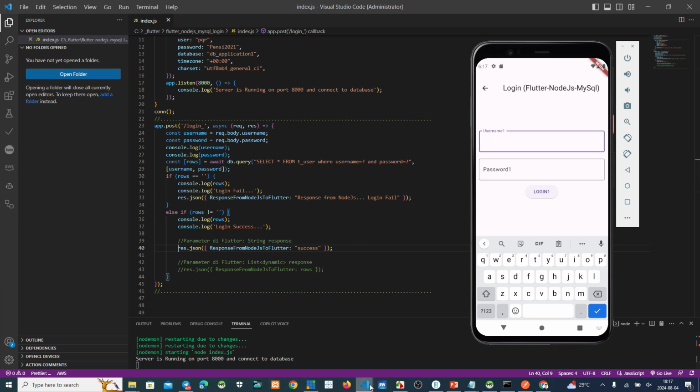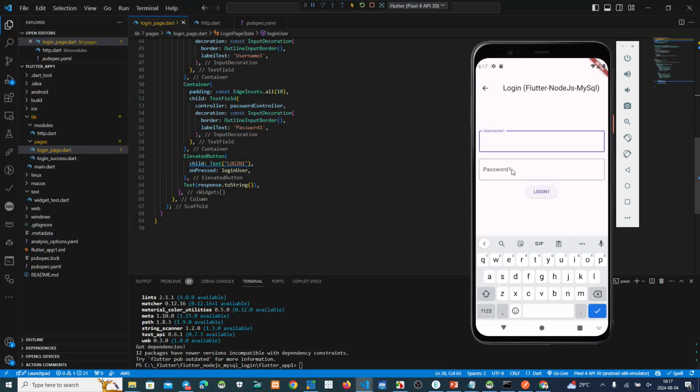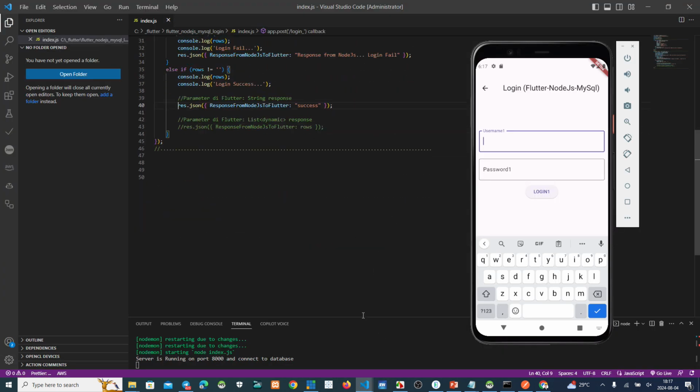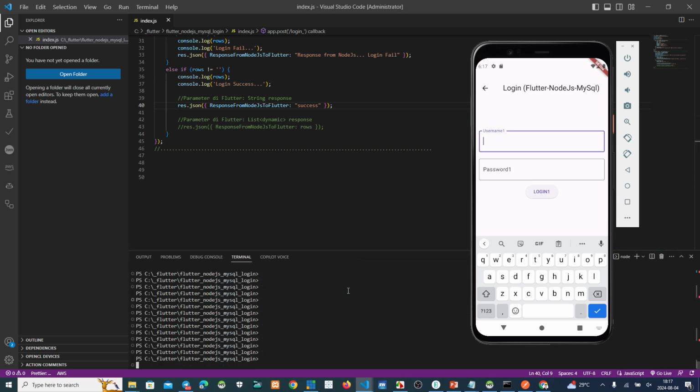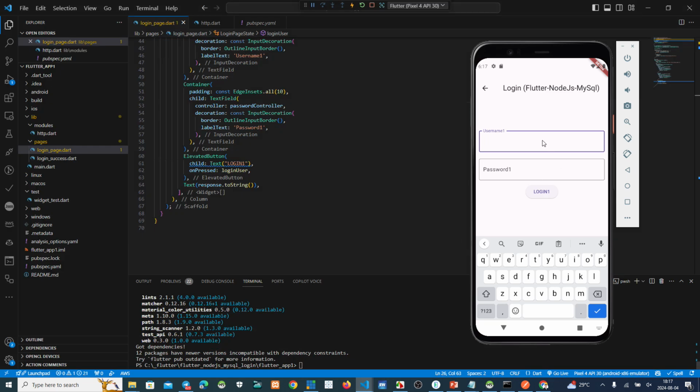Okay. Now we try to run this. Okay. Flutter. See, okay, the Node.js is still running. If you want to restart again, it's okay. Like this. Okay. The server node is running on port 8000. And now we try to log in to the database here.